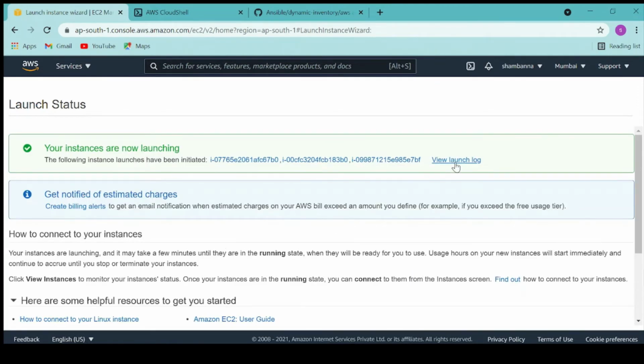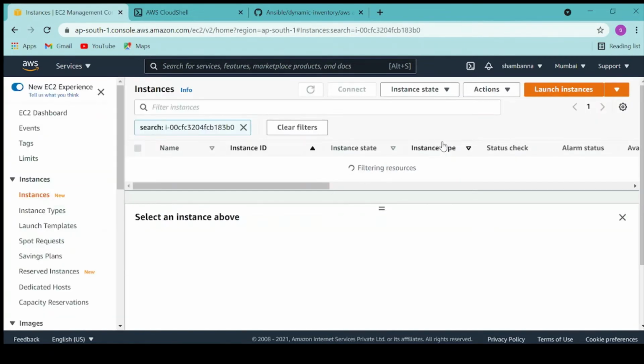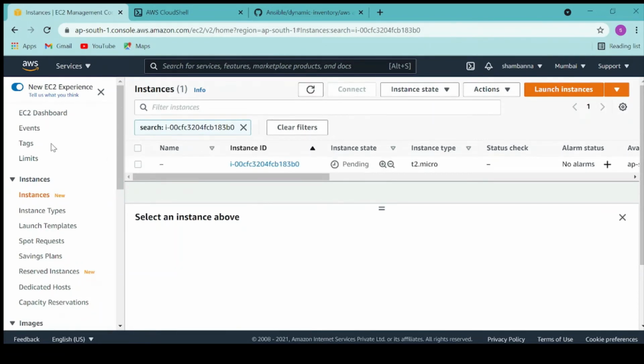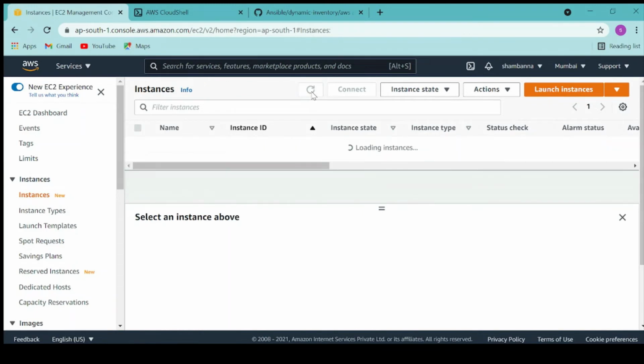Okay, these instances are coming up. Just in a few seconds this will be up and running. Then I will run the same inventory command again so that I should be able to list all these 3.